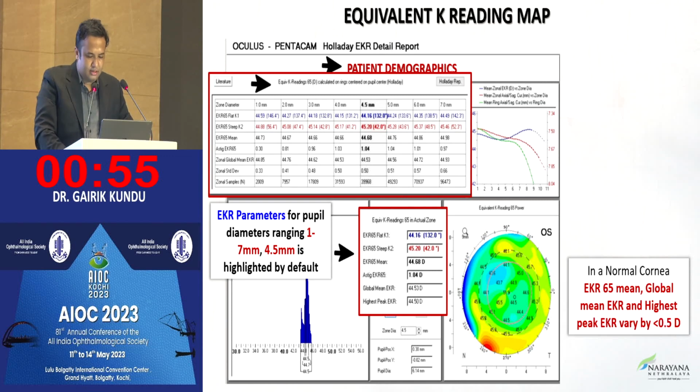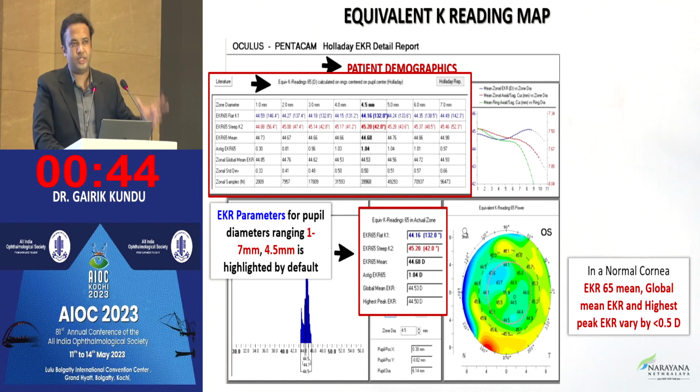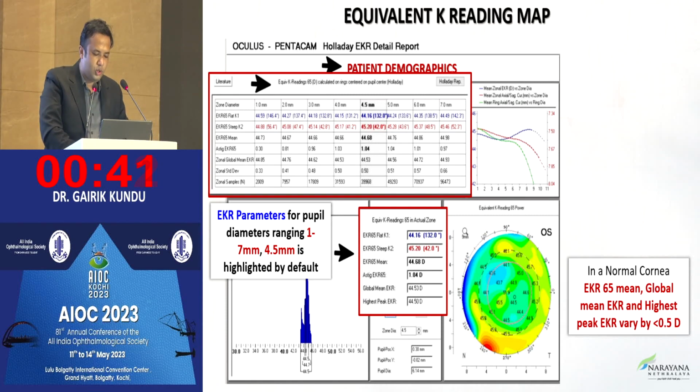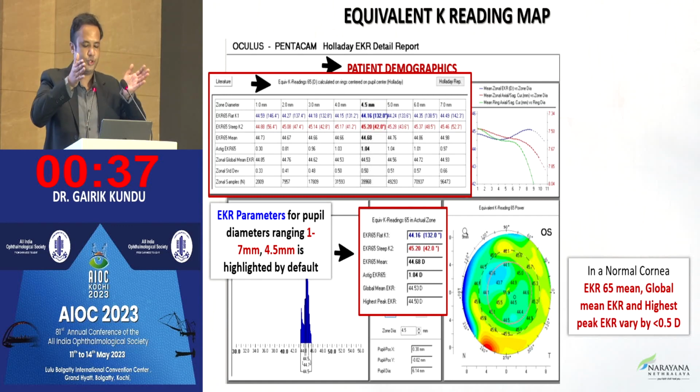The second thing is, even for planning a simple case, it need not be a premium IOL. Optimizing outcomes in terms of post-operative quality vision is also important. So you get a patient who maybe has a focal scar. What you could do is look at EKR, the distribution of the EKR over the 4.5 millimeter zone, but also